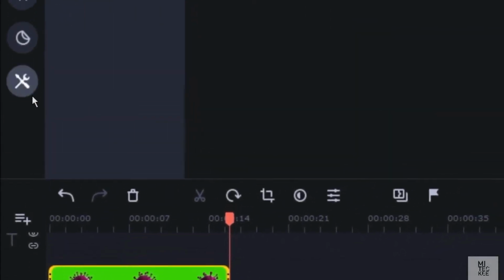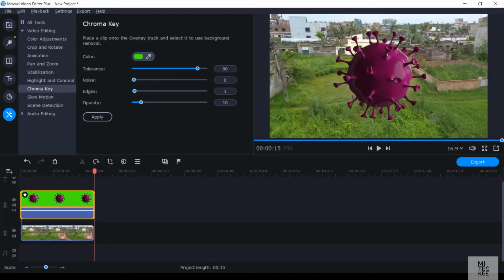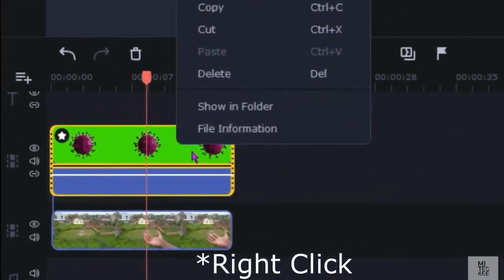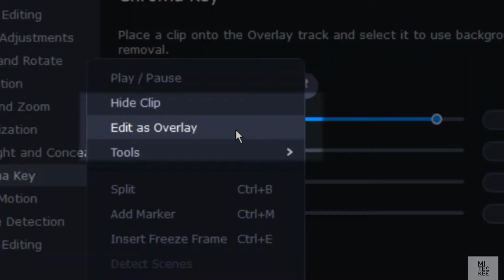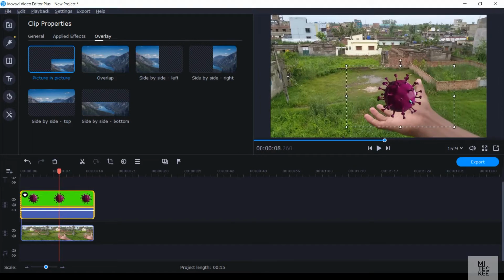Now go in tools and then chroma key. Now pick the eyedropper tool and select the object. In theory you should select the green from the video, but it doesn't always work, though sometimes you can do that too. If selecting the green doesn't work, click the object. Now go in overlay by right clicking and then overlay it according to your own will, I guess, and then